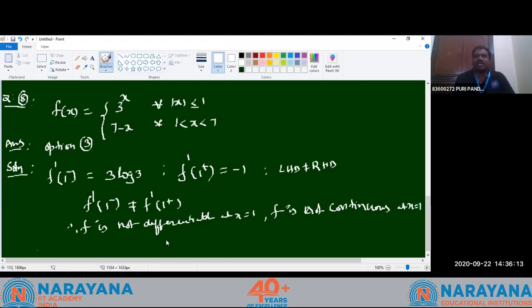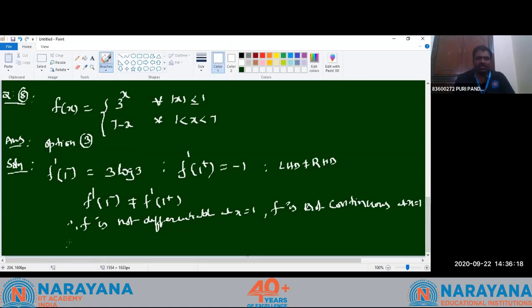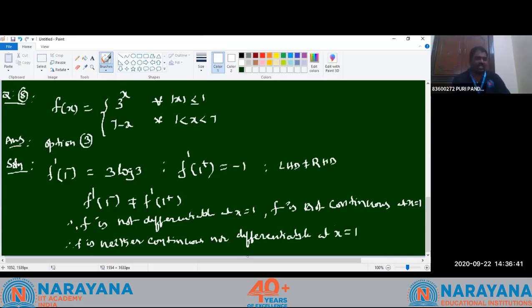That means what we can say, therefore f is neither continuous nor differentiable at x equal to 1. Therefore, it satisfies the third option. Okay. Now,